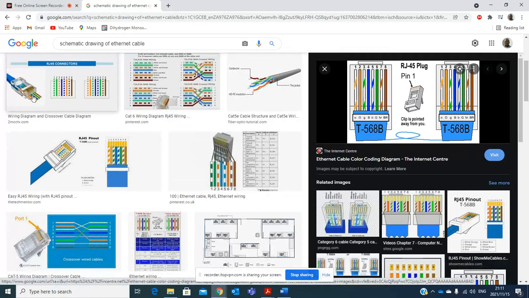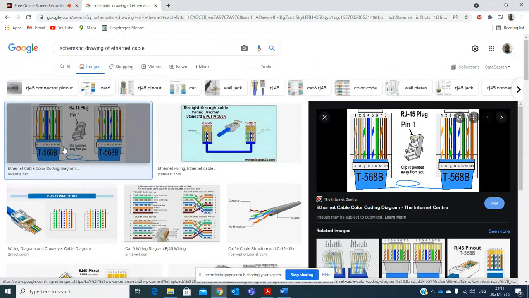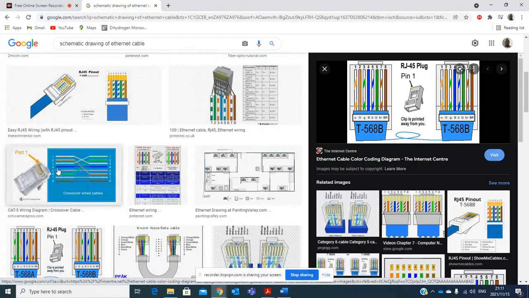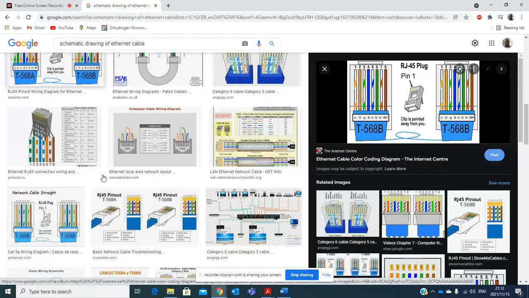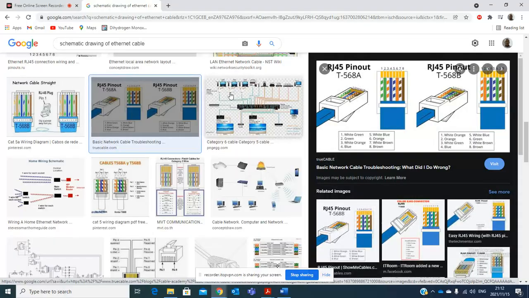Maybe you may want to take this one, but what is important is the color scheme, and there are so many pictures there that you can use for the color scheme and the RJ45s.